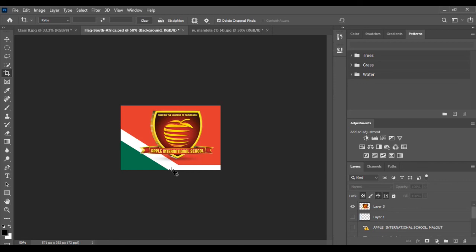Okay students, so this is all about the basics of Adobe Photoshop, the tools for selecting and manipulating the image. In the next chapter, we will discuss the advanced features of Adobe Photoshop.